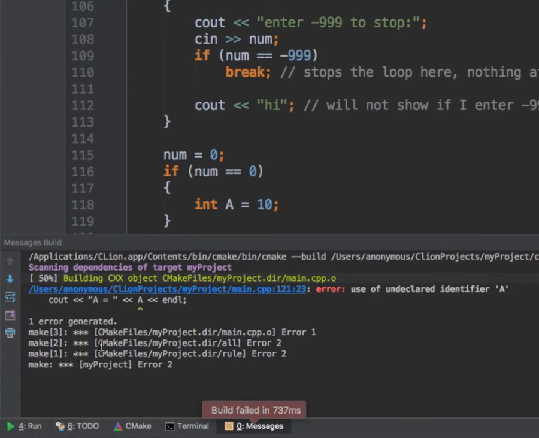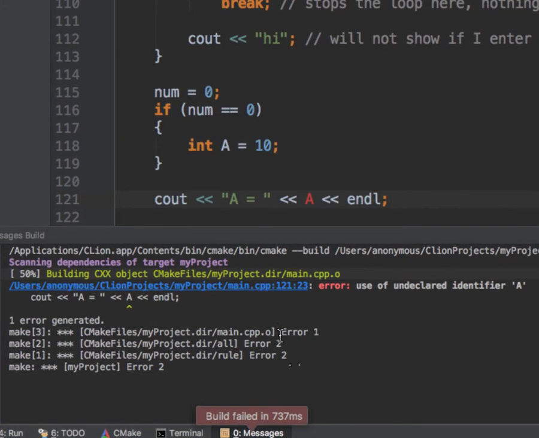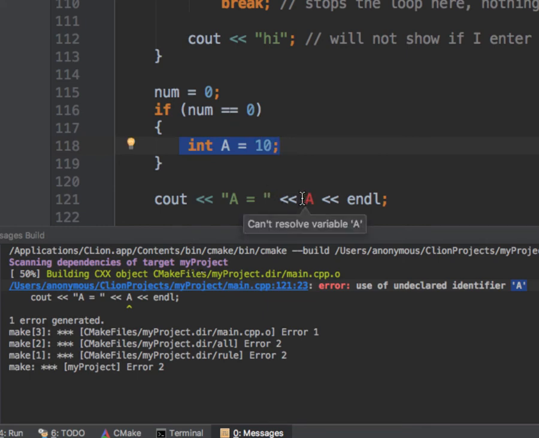All right, look at what it's saying. What's the problem? Can you read this? What is this thing saying? Undeclared identifier a. But I declared it. I declared it right here. What is it talking about? What does it mean? It's undeclared. I declared it, but